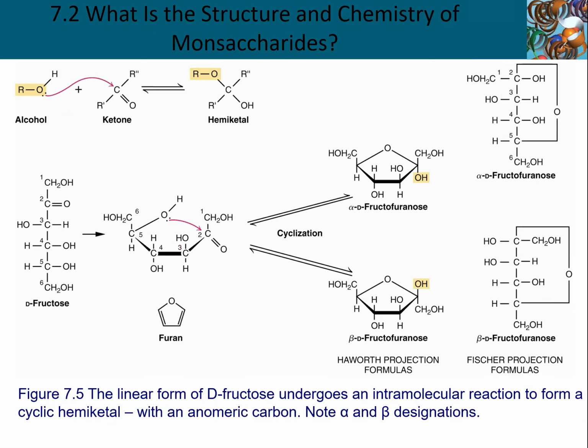And here we have the exact same sequence of thought for the cyclization of fructose, which is a hemiketal. The difference between the hemiacetal and hemiketal is that instead of attacking an aldehyde, we're attacking a ketone. The mechanism is identical. Nicely, they draw one of the 2 lone pairs in this one.